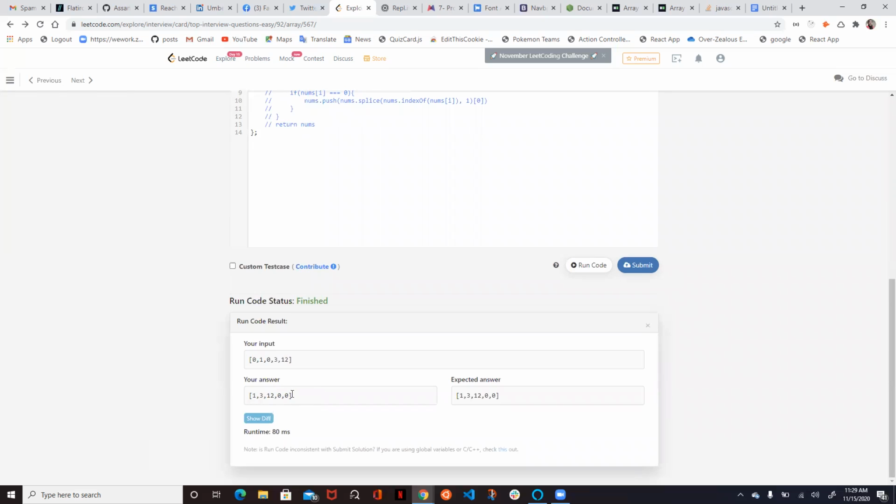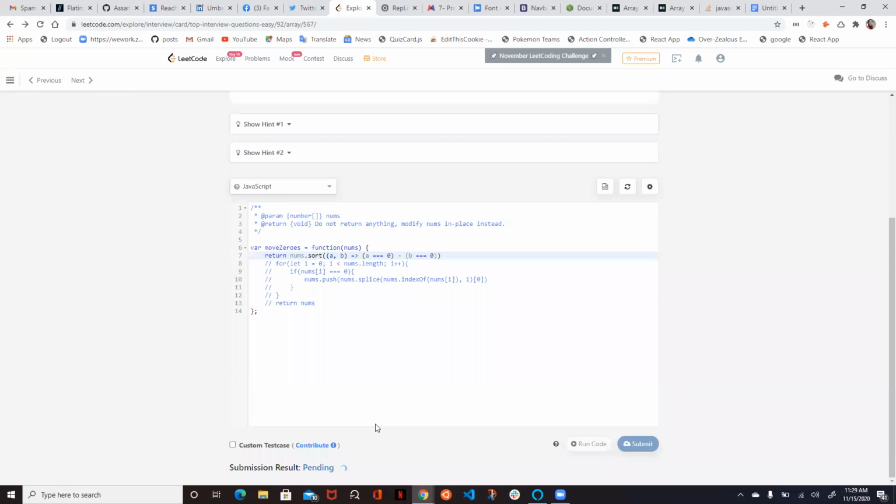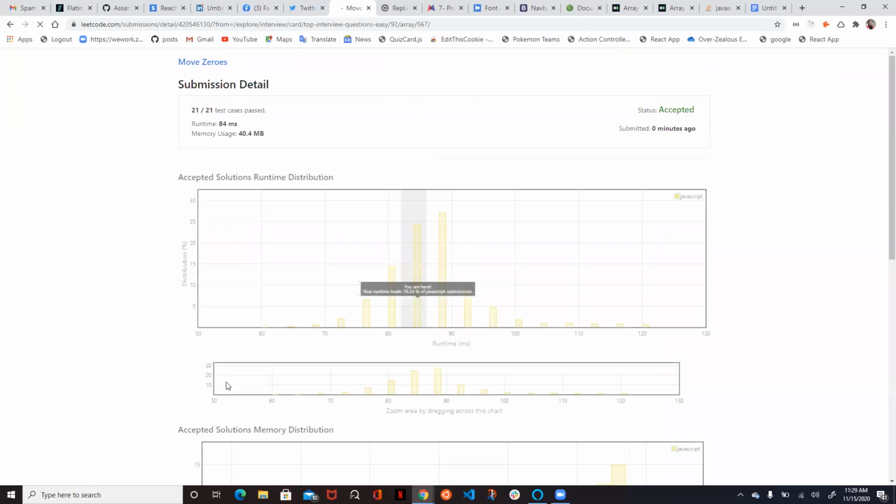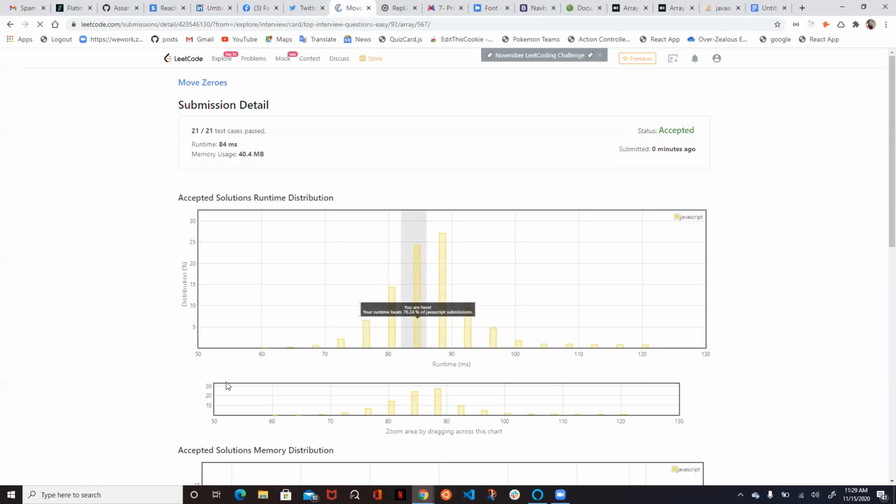So this is what I'm getting, and now I have the result right there. Now I can submit the code. Hopefully I'm getting it accepted, and hopefully this is going to give me a better runtime. Yeah, this one is better than the other one. This one is giving me 84 milliseconds, and the submission rate is 76% of JavaScript submissions, which isn't so bad. So yes, this is the solution